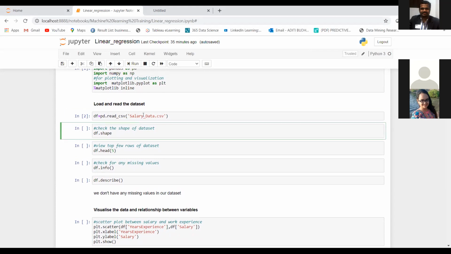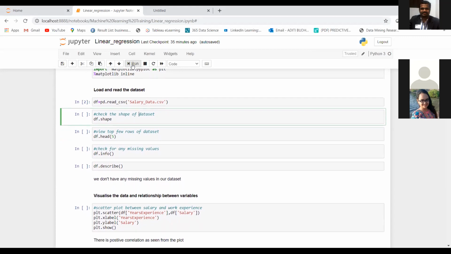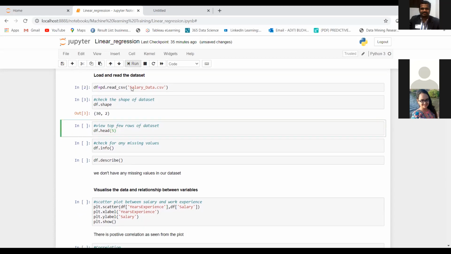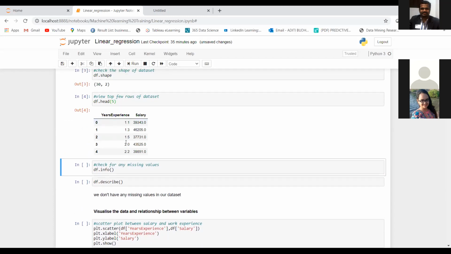So we will check the shape. Here you see we got 30,2. So we have 30 rows and 2 columns in our data set. And this is how our data set looks. We have 2 columns, years of experience and salary.